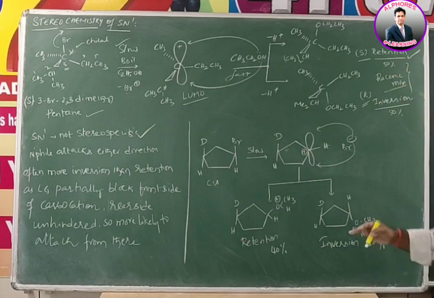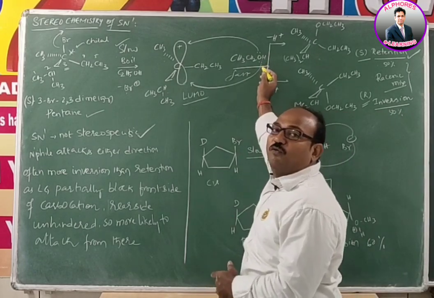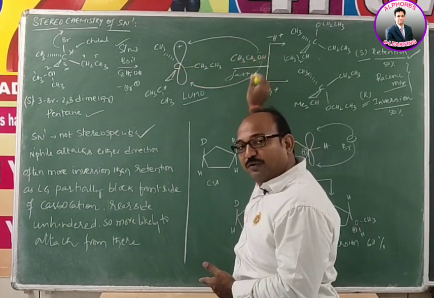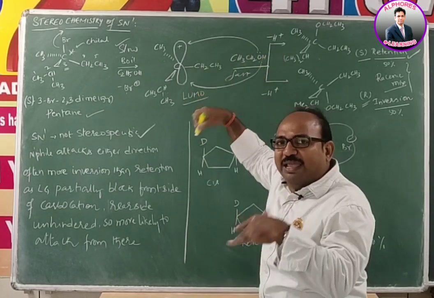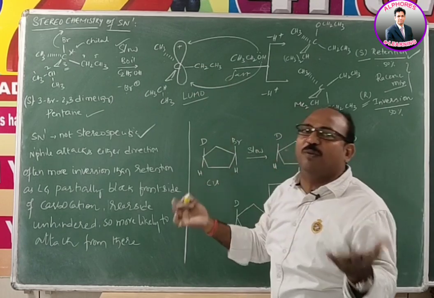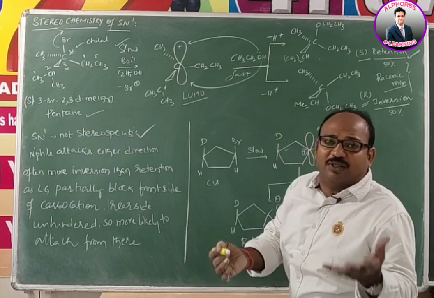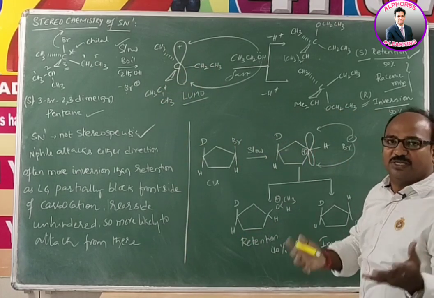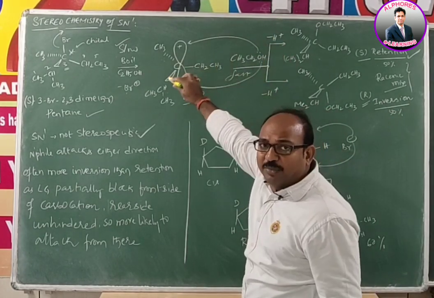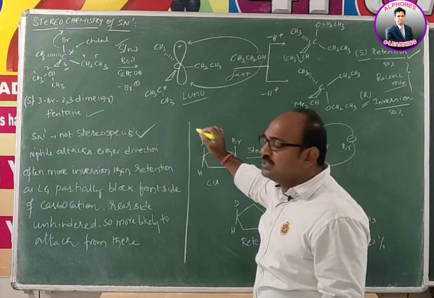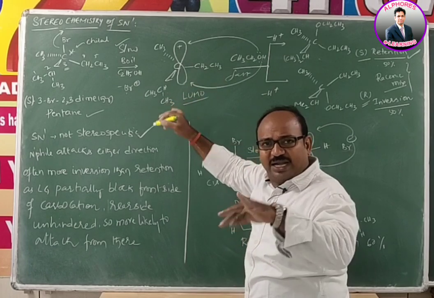Now, of these two, which one is major and which one is minor? If you want to explain the possibility of the nucleophile attacking from above the plane and from below the plane, here I am saying that the approach of the nucleophile from either direction has equal possibility, because with respect to this methyl, ethyl and isopropyl group, whatever the steric hindrance or repulsion, it remains the same whether the nucleophile approaches from above the plane or below the plane.